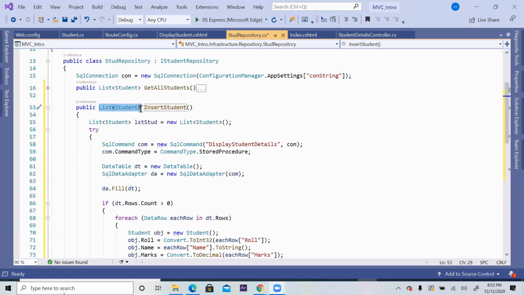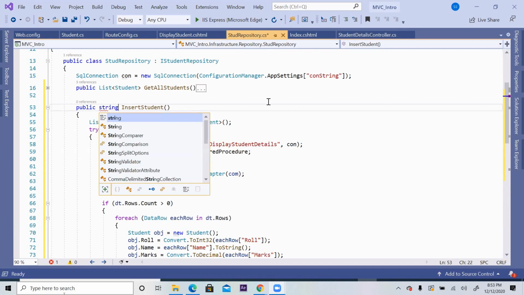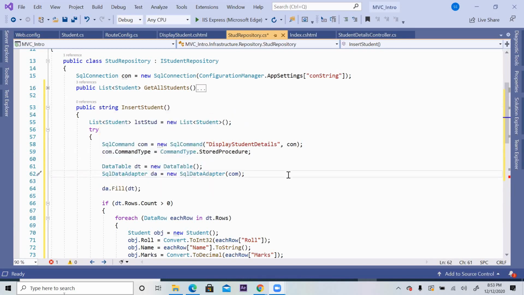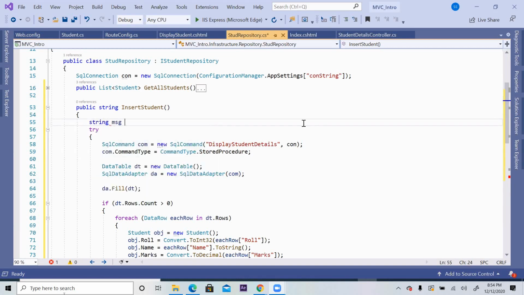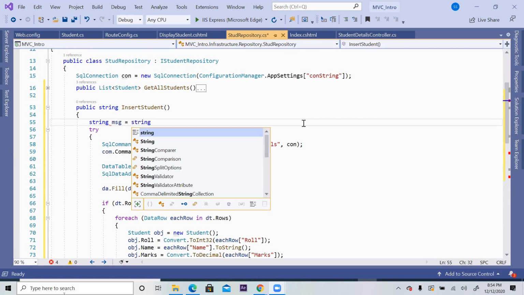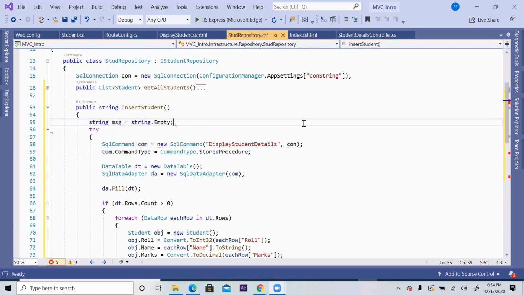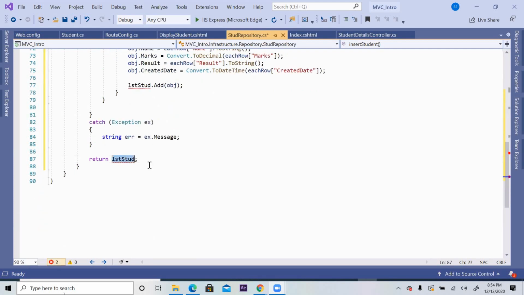The return type I will go for string, because I want to return success or failed. Simple string word. So that means probably I don't need this list. I need string message equal to string.empty and return this message at the last.